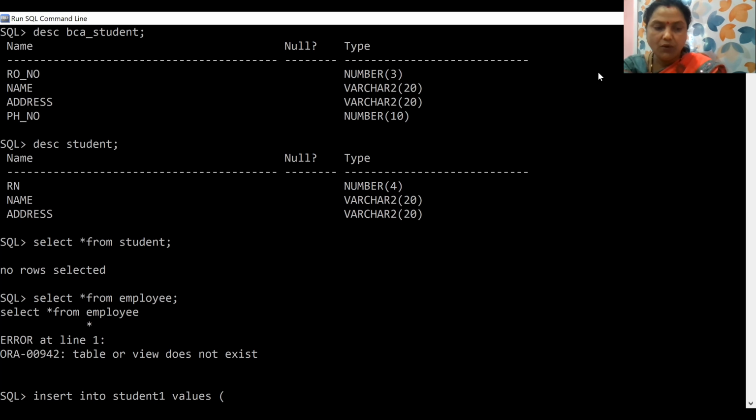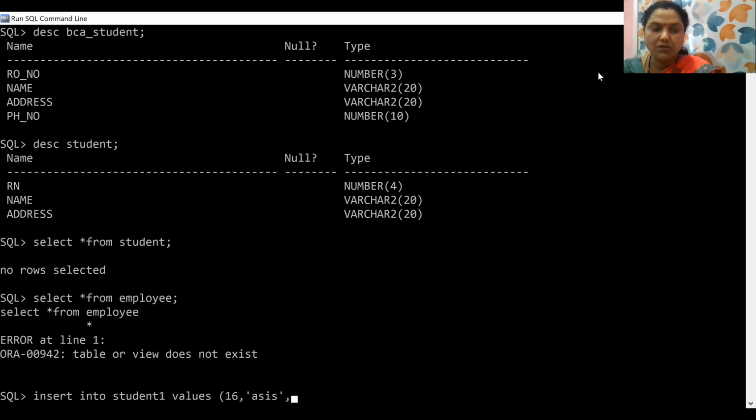You have to write here a roll number. For example, I want to add roll number 16. So write roll number 16. Then write the name of the student. The name of the student should be written within single quotation marks because it is string type data.